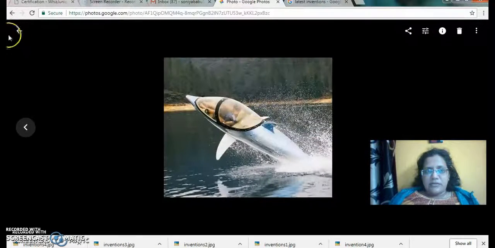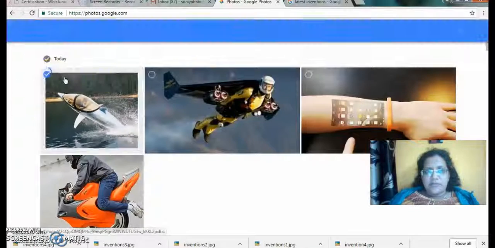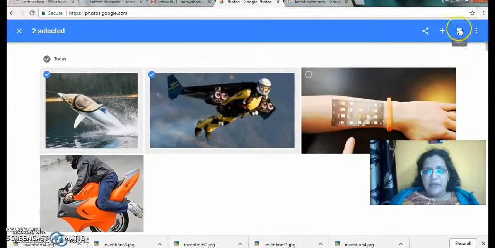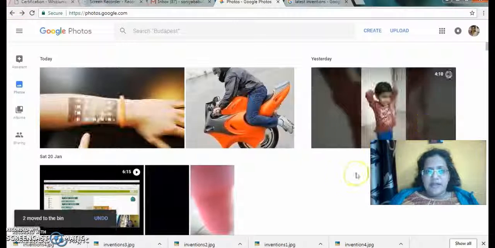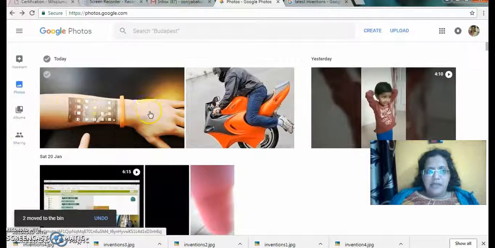I'm just selecting two photographs, photo 1 and photo 2, and I click on the delete button. Then I click on move to bin. The photographs are deleted. Now again, to bring it back,